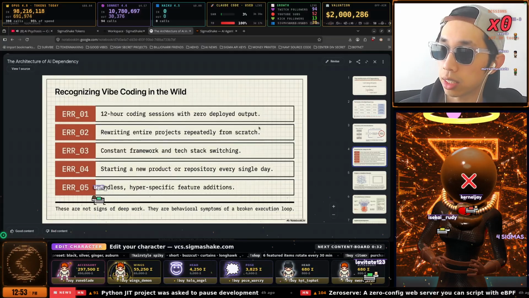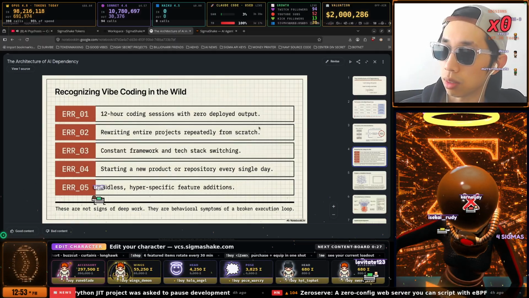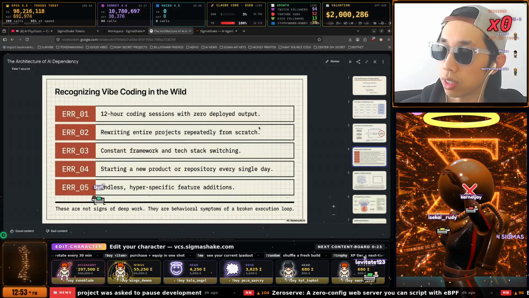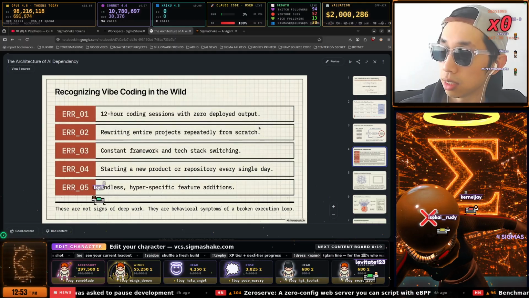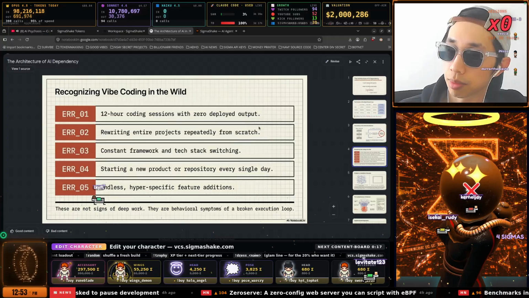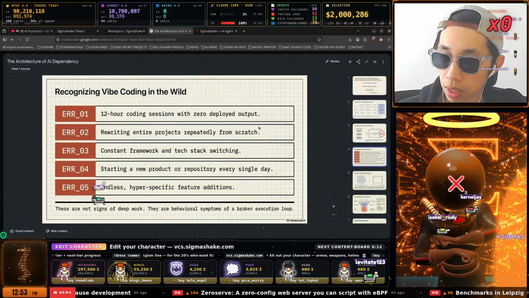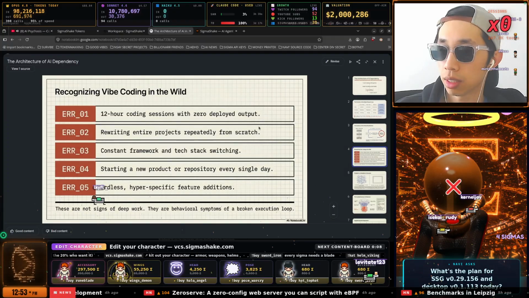Because I tried Tauri, I tried Electrobun, tried all these things, and now finally have somewhat of a stable stack to create the product on. So now I've stopped the framework and tech stack switching. And now